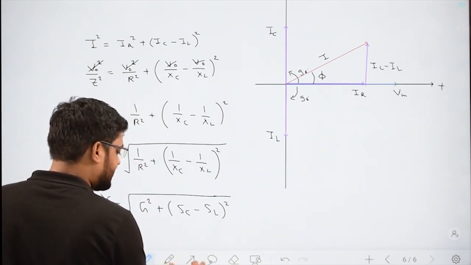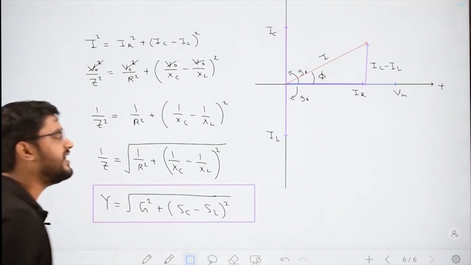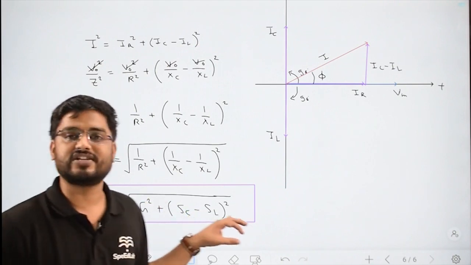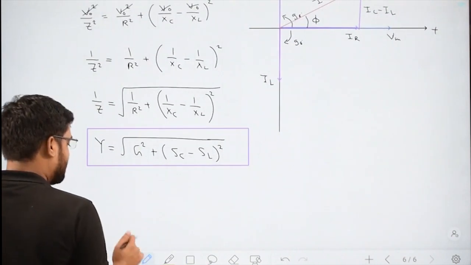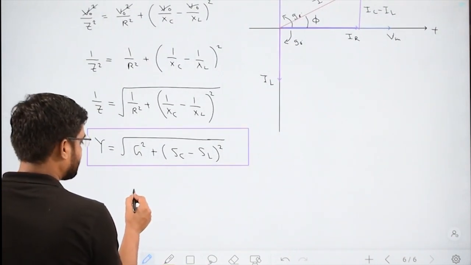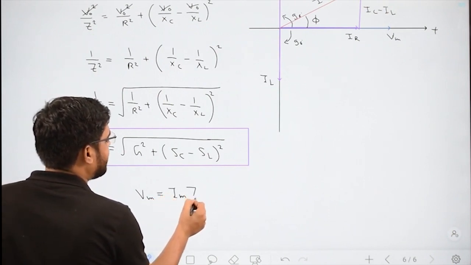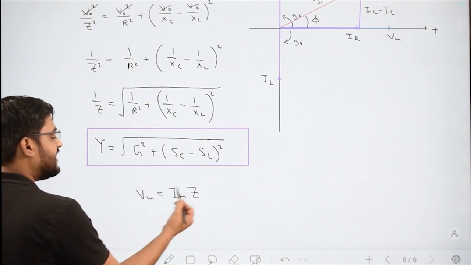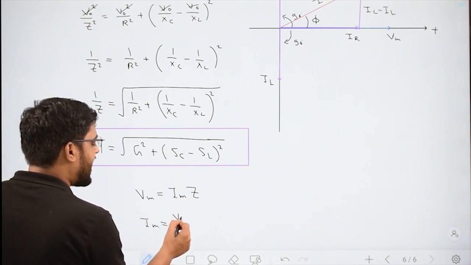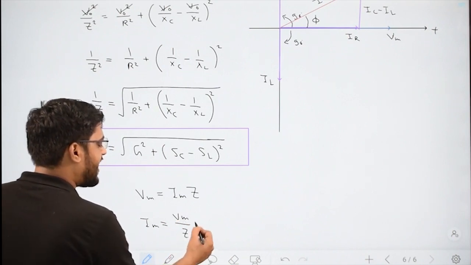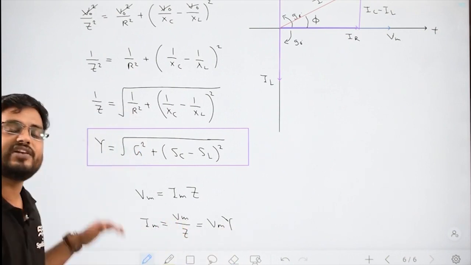And this expression is generally utilized when we are dealing with parallel AC circuits. When all the things are in parallel, then we have to use this expression as a result. And what will we be writing? We know that V is equal to I into Z, right? This is the expression, but here, voltage was already given, Im is Vm by Z, and rather than 1 by Z, I'll be saying it is Vm into Y. So this is how I can find the peak value of the current.